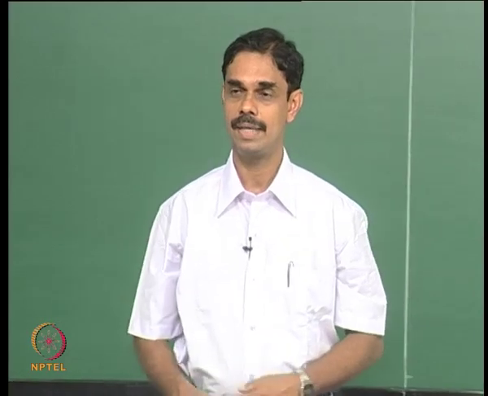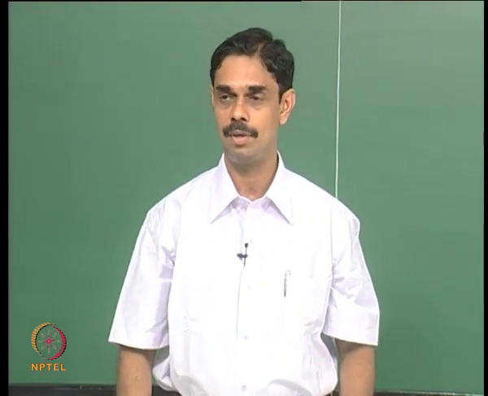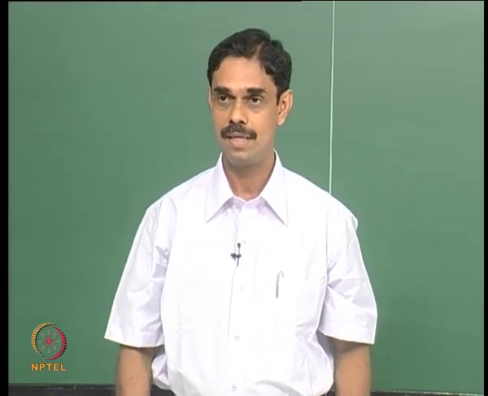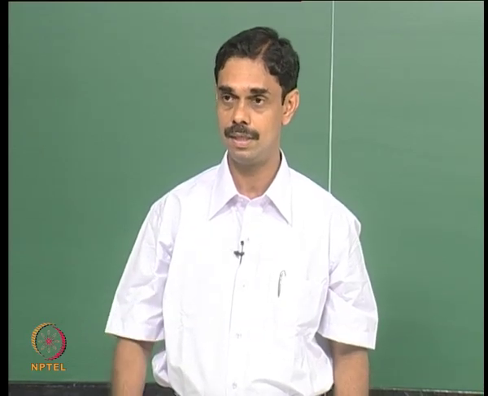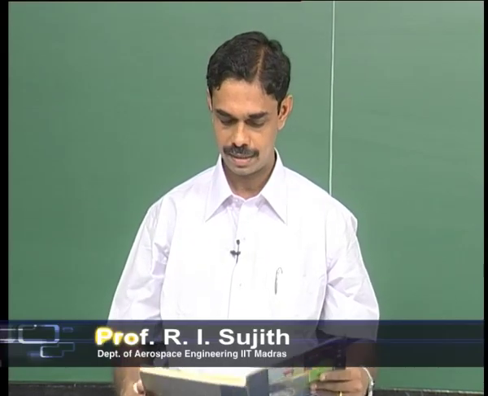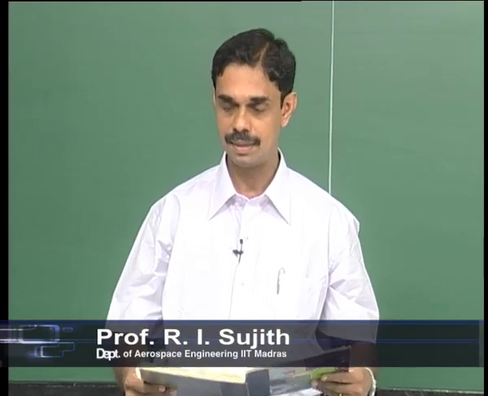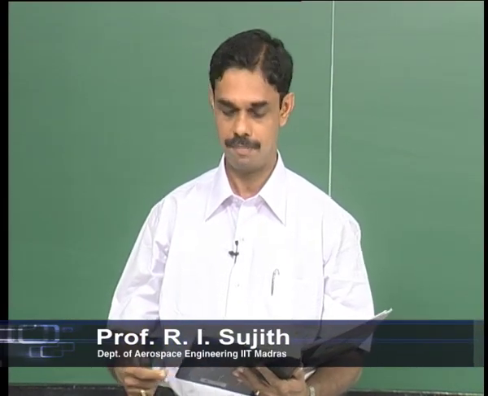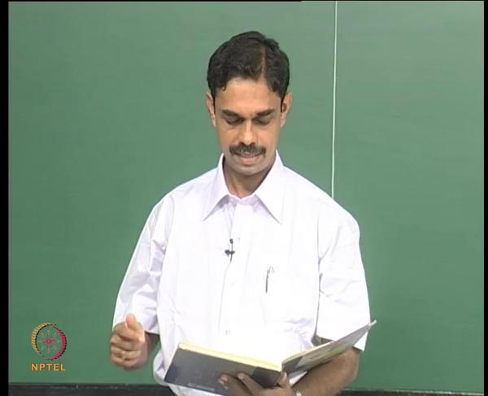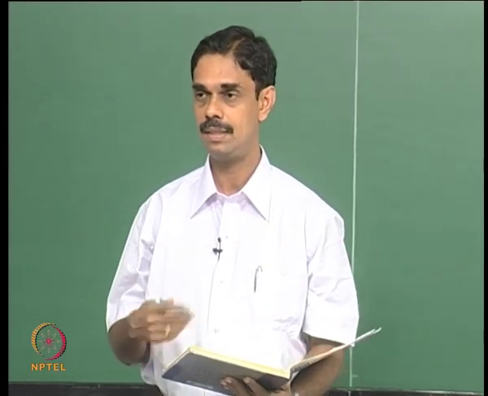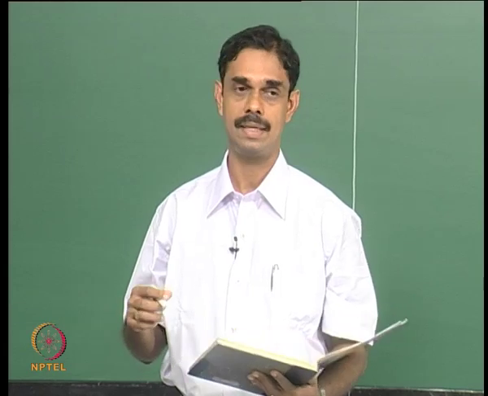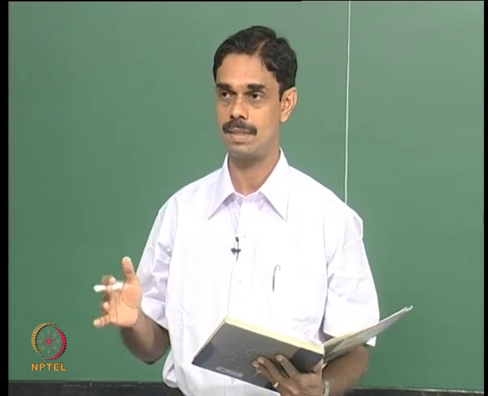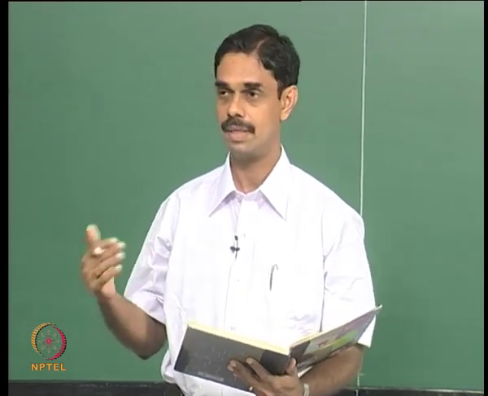So we were looking at sound propagation in a box, or acoustic field in a box, and we derived the expression for the solution for the acoustic field. Now we are looking at the relationship between the wave numbers. So we had the wave numbers kx, ky and kz, and these are not independent things. They are expressed in terms of k0 as kx squared plus ky squared plus kz squared equal to k0 squared.